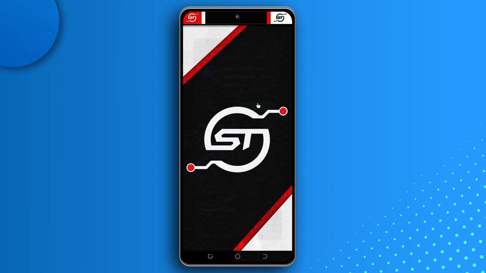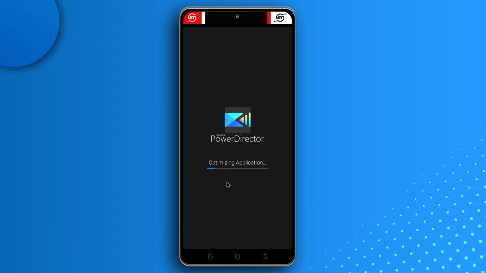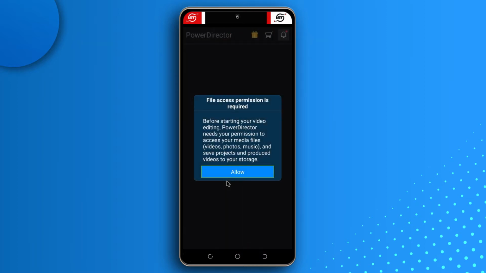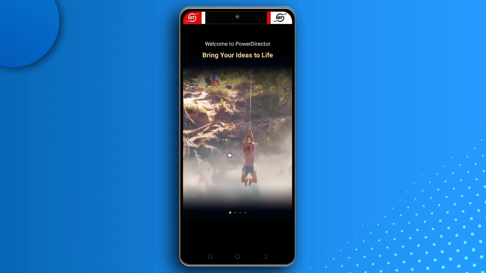After you've downloaded the app, you can click on this to open it. And this is what you're going to see when you open it for the first time. So you click on accept and continue, and then allow the app to do its thing by optimizing. And it's going to ask you for a few permissions, so just allow. This will allow the app to see all the videos and photos you have on your phones, because those are the things you're going to be working with while editing. So just click on allow, and you're going to get this